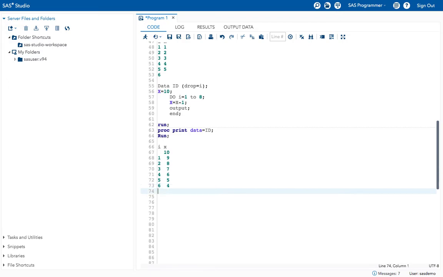Okay. Seventh iteration, 3. Eighth iteration, 2. Okay. And in the ninth iteration, the condition goes false, so the program will get stopped here. Okay. This will be my result.